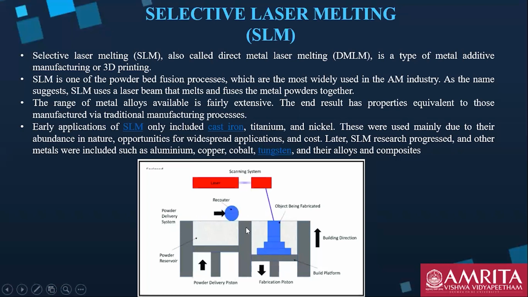What happens when the laser strikes this metal powder bed is that it melts the metal and fuses it together. Whatever location it is going to, it is melting that particular powder metal and fusing it together in the required pattern given by the code. Once a single layer is formed, this bed moves down. This roller travels from here to the other direction so that this powder gets layered over it.